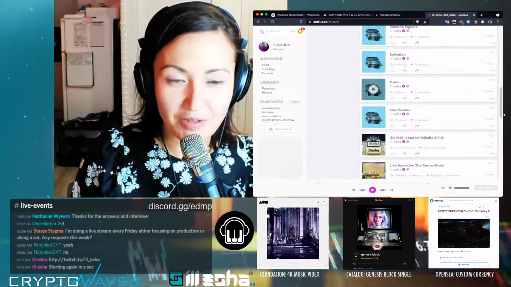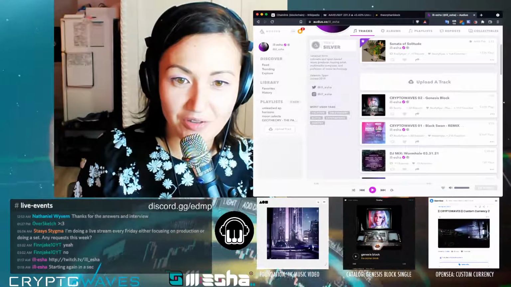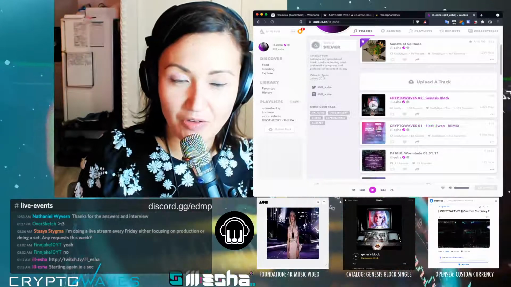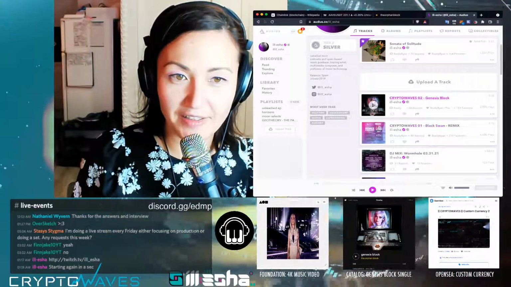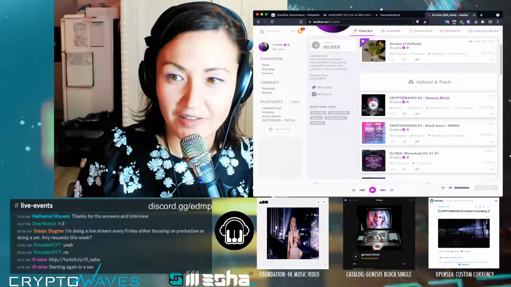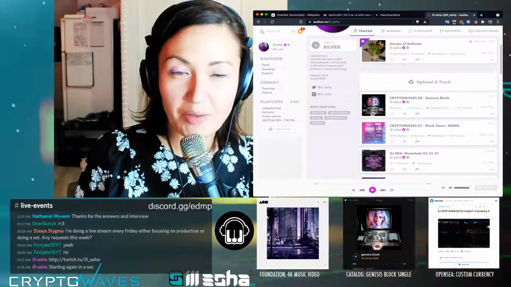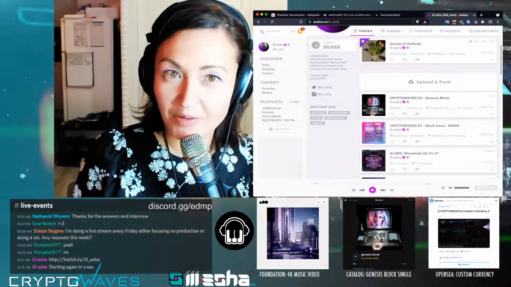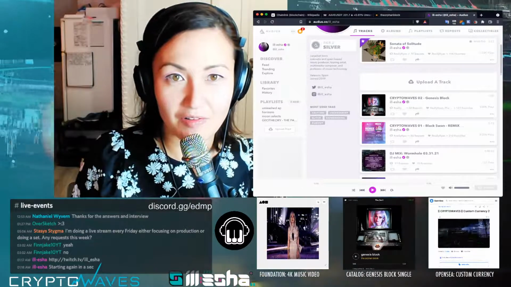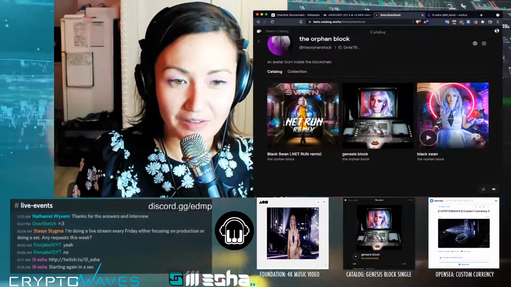So if you want to hear some of the Cryptowave stuff, actually only 2 of the tracks have been released so far. Black Swan and Genesis Block. And Genesis Block is the one that's displayed on the bottom here. That's the one that you can buy. So that one is looking for a home. Let's